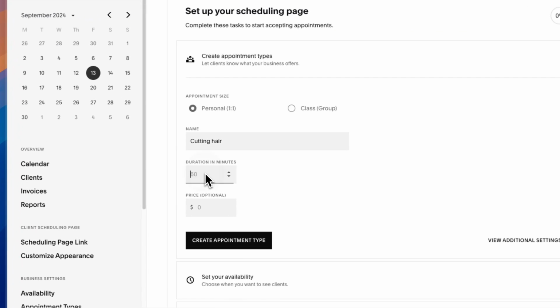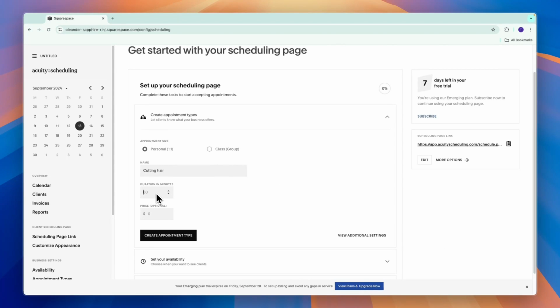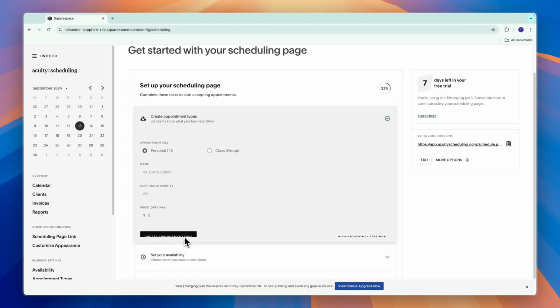Then here the duration, just make an estimation, but you can also set up cutting and dyeing hair, and then you can make it longer, for example. Now cutting hair, I'll say 30 minutes, and the price, I'll say $30. So now you can click view additional settings to see more, but just gonna click create appointment type once you're